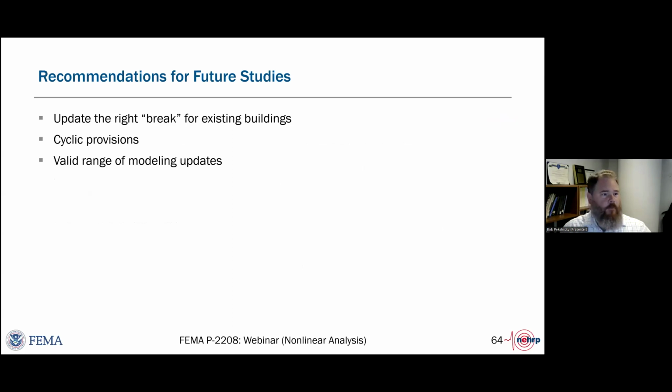We're spending a lot of time looking into that. There are also recommendations that we need to do more to study how to provide modeling parameters in quadrants 2 and 4, those where the hysteretic shape really matters. And then also, there's a lot of discussion on the valid range of modeling for deformation-controlled actions and what that can be. So we recommended that future studies be done on these 3 topics.